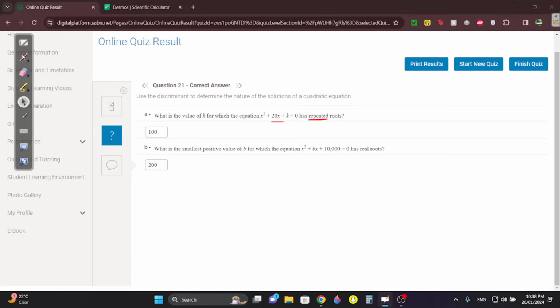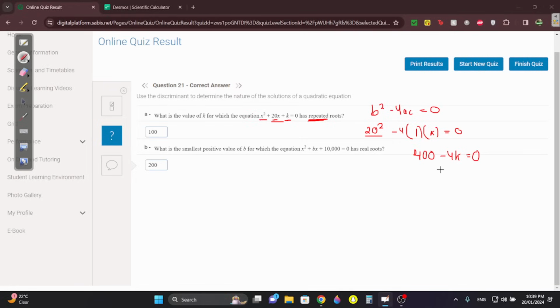You can substitute. B squared would be 20 squared, minus 4 times a, which is 1, times c, which is k, equals 0. So 20 squared is 400 minus 4k